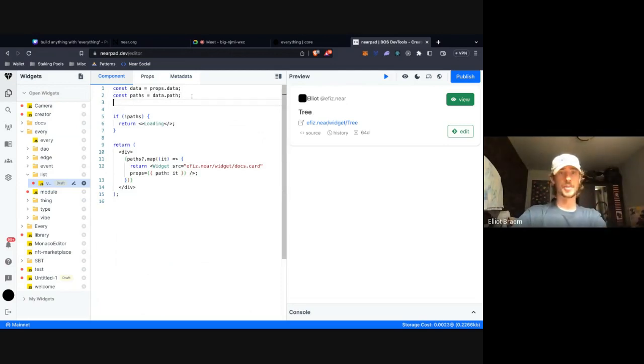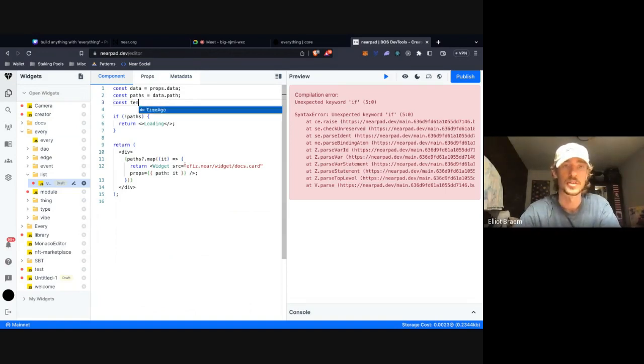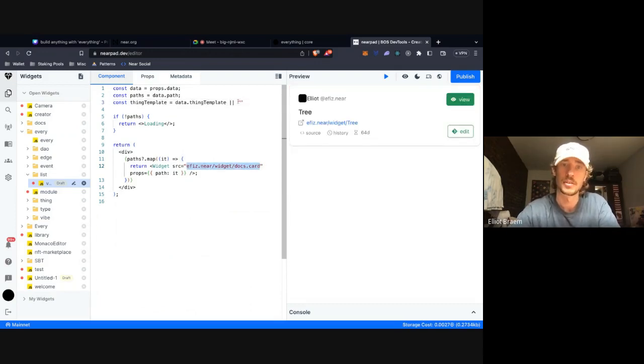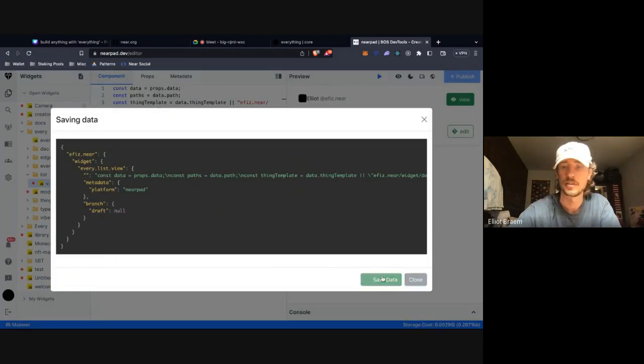That's our widget. I'm actually going to make a change to the type so that it can take in a different type of template for this. So I'm going to add an item, thing template. This is going to be our default. Cool. So now I'm going to publish this thing, every list view.